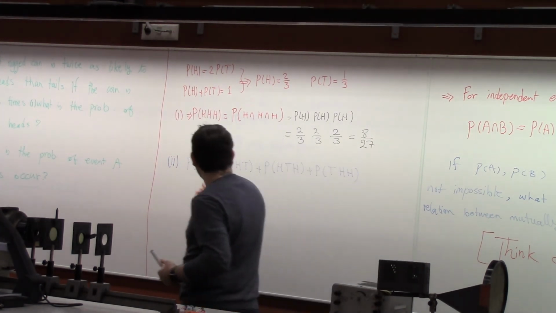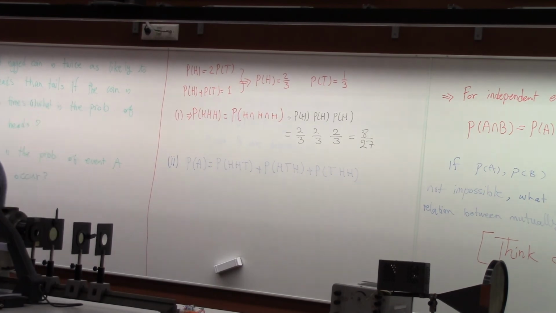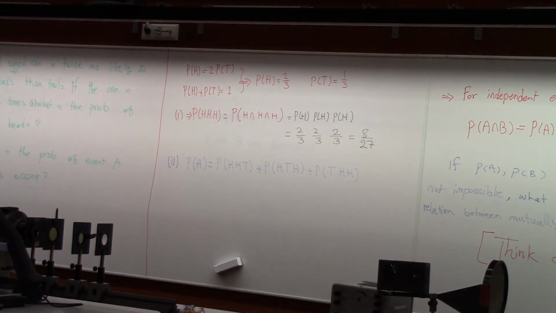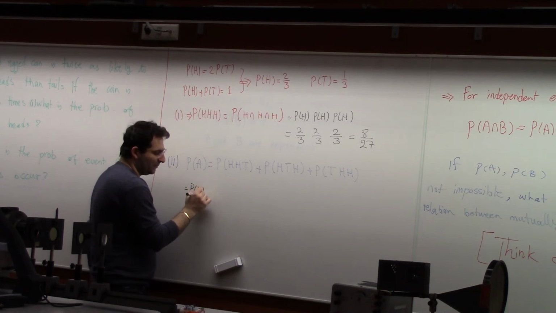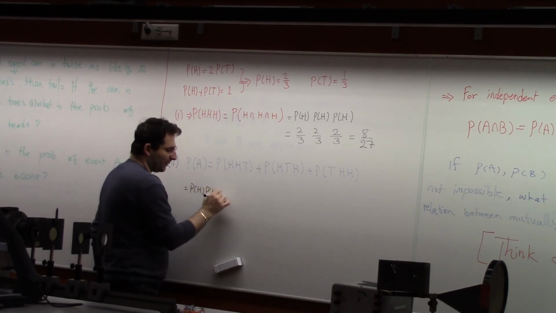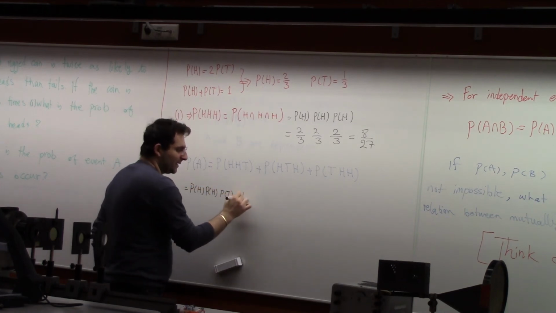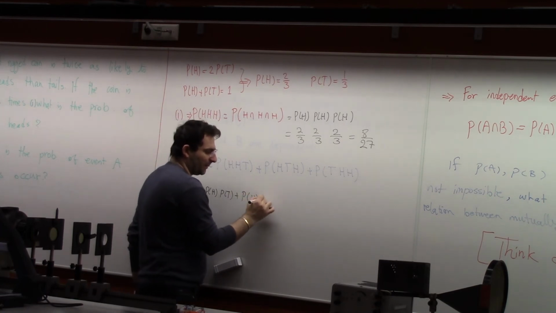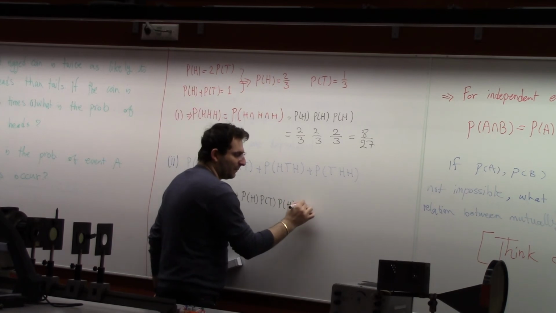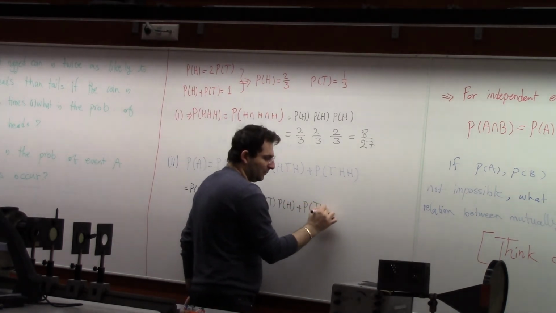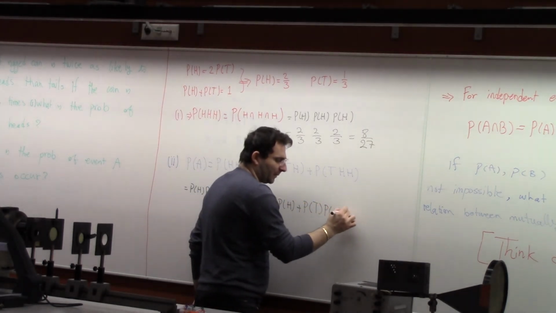Now, the first one is a head. Will it affect the last one to be tail and the middle one to be head? No. So each of them is equal to the probability of head multiplied by the probability of head multiplied by the probability of tail, plus the probability of head multiplied by the probability of tail multiplied by the probability of head, because they are independent, plus the probability of tail multiplied by the probability of head multiplied by the probability of head,